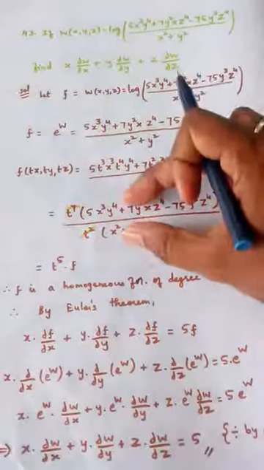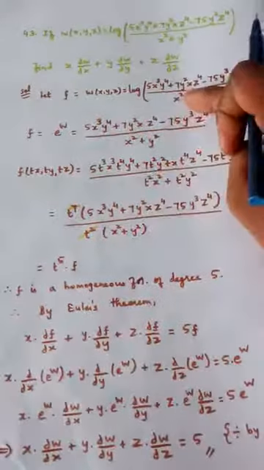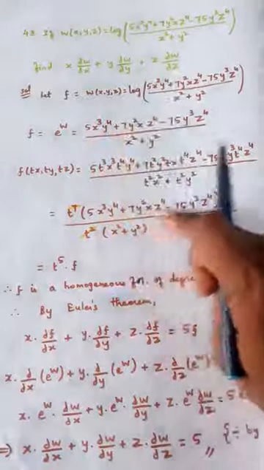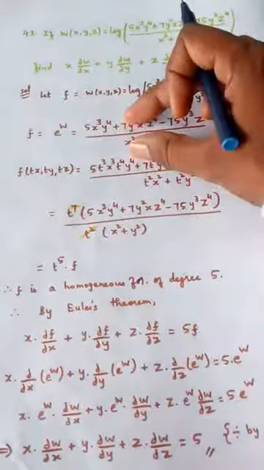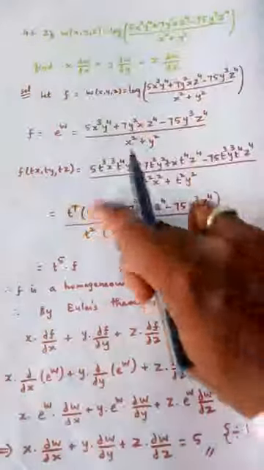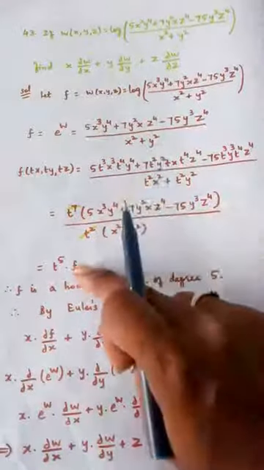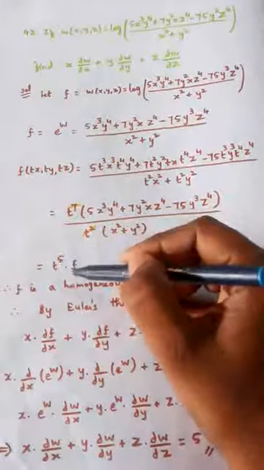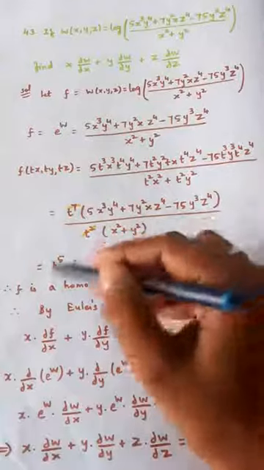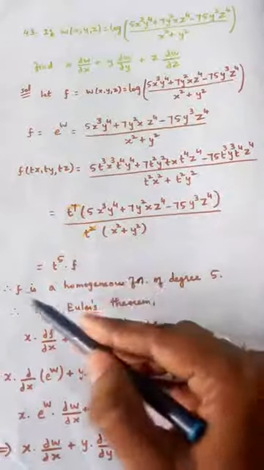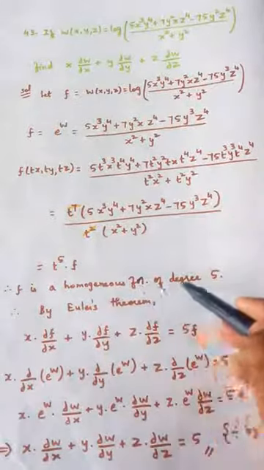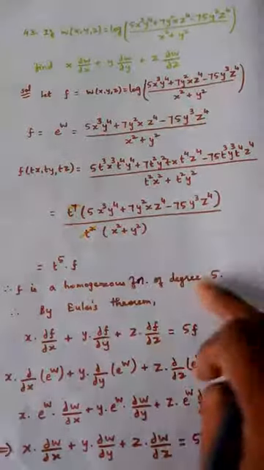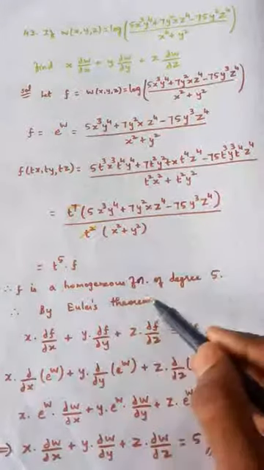Now if you see these two, that is numerator and denominator, which is this question. See, 5x cube plus 7y square, everything remains the same. So what is the name for this? F. So the name for this is f. It comes as t power 5 into f. So if it comes like this, what is the meaning? F is a homogeneous function of degree 5, where we are choosing the degree as the power of t. So 5.